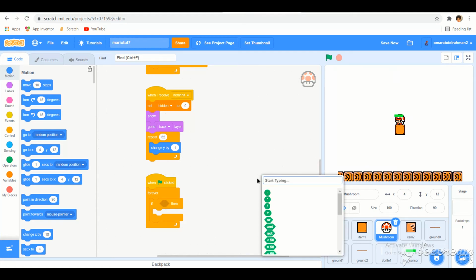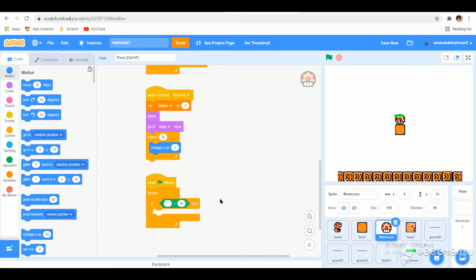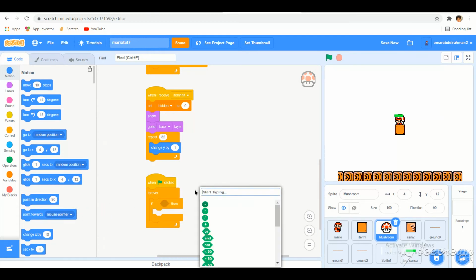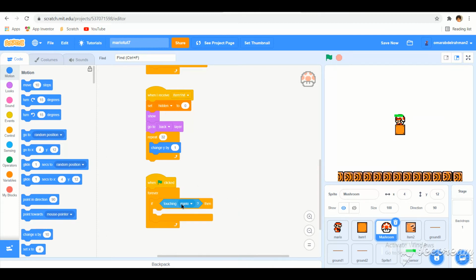So anyway, we're gonna say if then, and then we're gonna add an equal. Oops. Actually, we don't need an equals, we just need a touching. Touching. And then I'm gonna add Mario. So now it's touching Mario. If it's touching Mario,